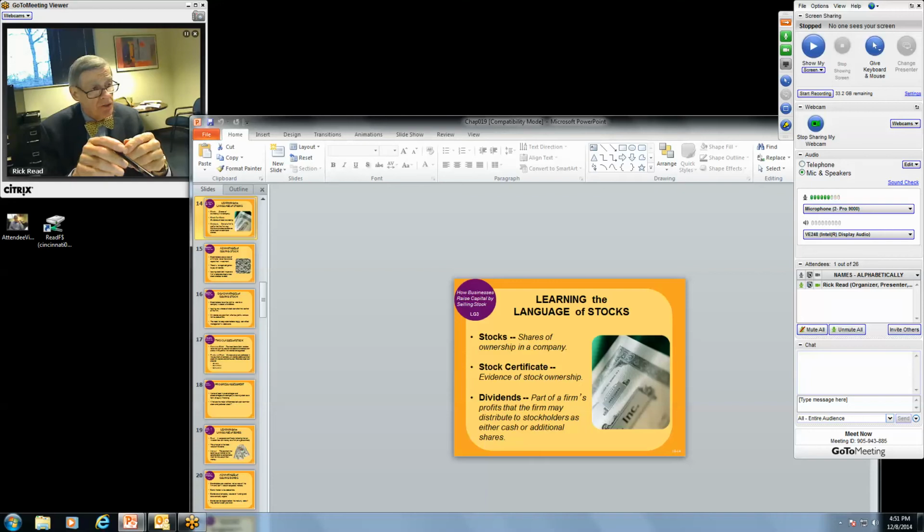The next thing is something you do not see too often, and that's a stock certificate. Years ago, when you bought stock from a company or you went through a brokerage house to sell it, you would get a certificate that said you were the owner of, let's say, 50 shares of stock. For the most part, that doesn't happen anymore. Companies don't issue that. They will have a transaction that says you own 50 shares or 100 shares, or whatever it happens to be. Maybe the brokerage house you bought it through will have that too.